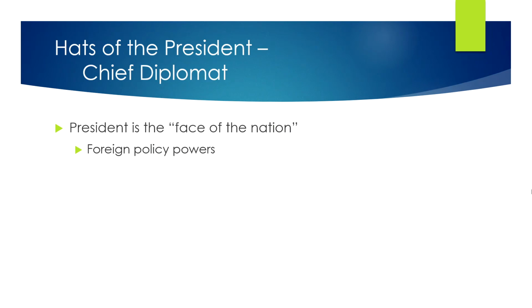Finally, we have the president as the chief diplomat. Foreign policy powers, as we'll get into in one of the later lessons this semester, foreign policy is one of the big areas of presidential power. The idea is that the president is the face of the nation, the face of all of the United States. So rather than having France, who wants to have a treaty with the United States, deal with Indiana and Michigan and Montana and Texas all separately, well, we just have one person that they go to, one point place. The president is the one who sends ambassadors.